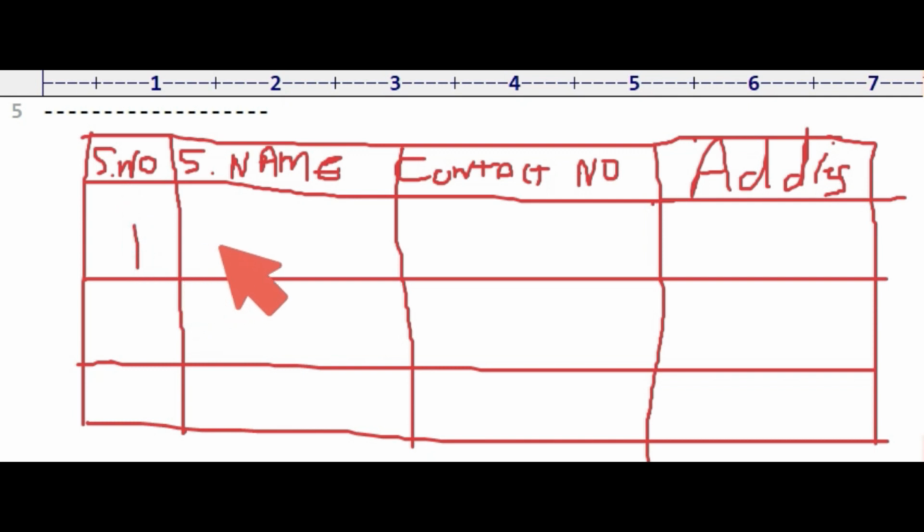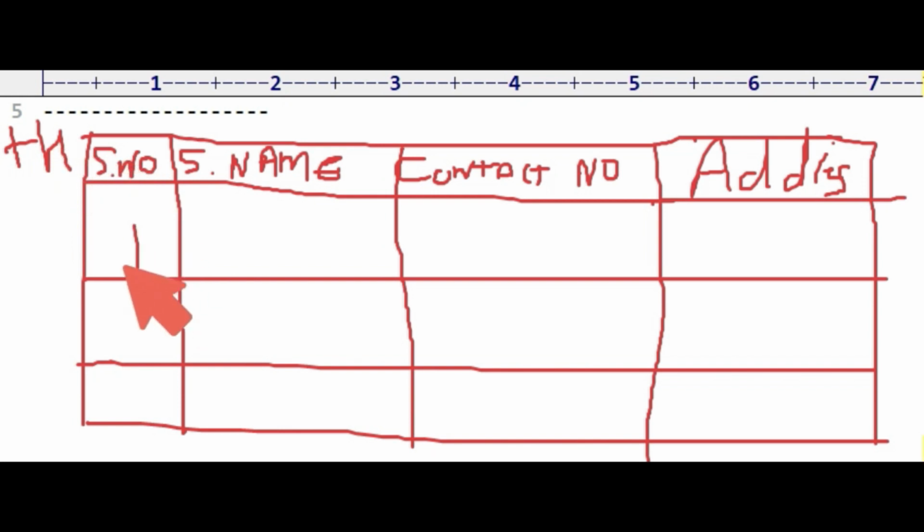Okay, like serial number. So assume this is my table, which means a group of rows and columns. Now this is the column, and this is the column, and this is the rows. So assume we have the table header, that is the th here. We have table headers like serial number, student name, contact number, and address. These things are in the table header.